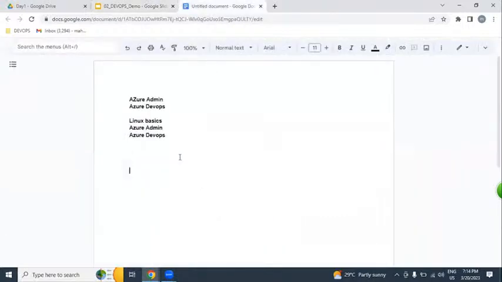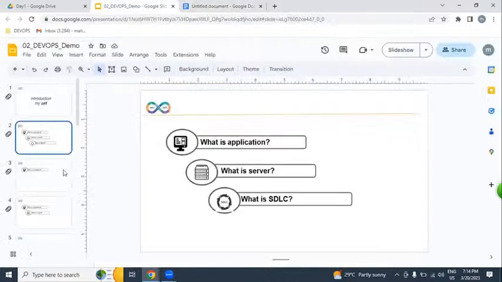Today we are going to understand what is DevOps first. Tomorrow's session, we're going to understand what is Azure. Before understanding DevOps, we need to understand these 3 questions.